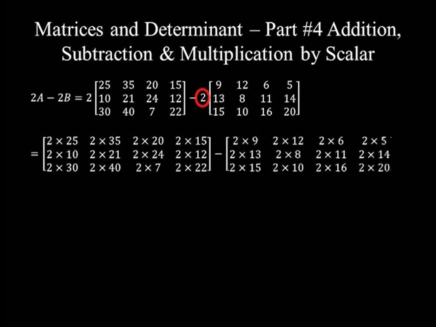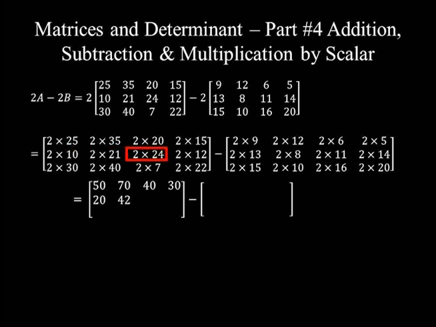element of matrix B, which is equal to 2 times 25 is 50, 2 times 35 is 70, 2 times 20 is 40, and 2 times 15 is 30. When we move to row 2, 2 times 10 is 20, 2 times 21 is 42, 2 times 24 is 48, 2 times 12 is 24. In row 3, 2 times 30 is 60, 2 times 40 is 80, 2 times 7 is 14, 2 times